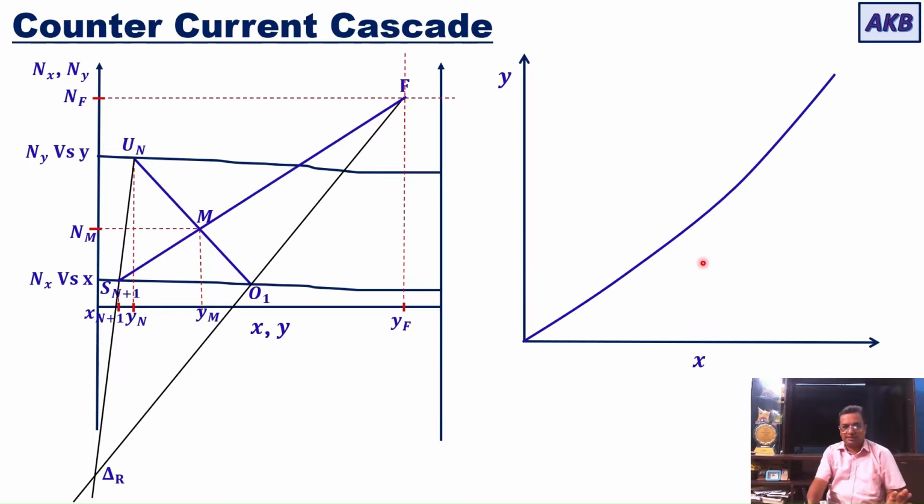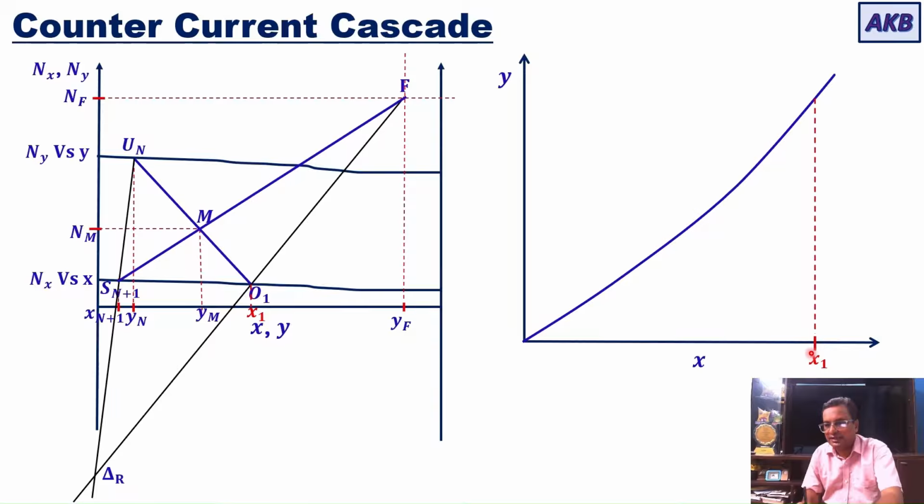So first thing is we have got O1. Now let us read the X coordinate of this point O1. So I am reading the X coordinate of this point O1 and I am naming that X value as X1. Now with this X1 known to me, I am going to the equilibrium XY diagram, locating that X1 on the X axis,